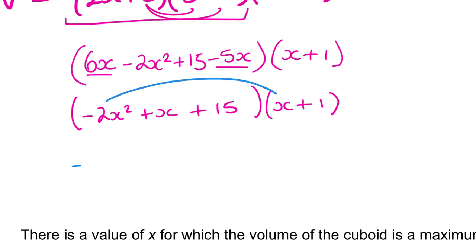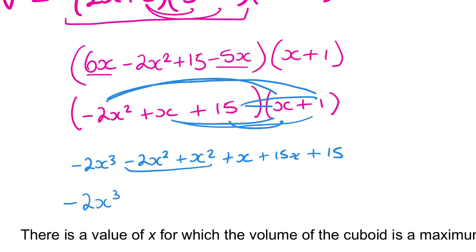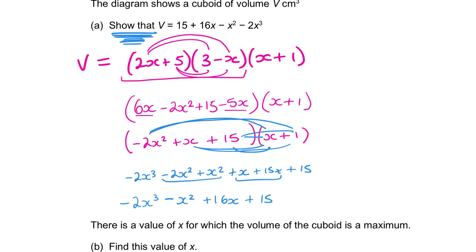I'm going to do x times minus 2x squared. So that's minus 2x cubed. x times 1 is minus 2x squared. I'm now going to do x times x is plus x squared, x times 1 is plus x. I'm then going to do 15 times x is 15x. 15 times 1 is 15. I'm now going to simplify. Minus 2x cubed, minus x squared, plus 16x plus 15. Okay, now they've actually written it this way, so I'm just going to go ahead and